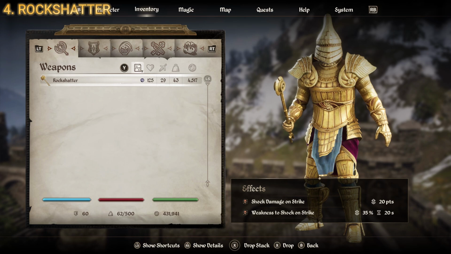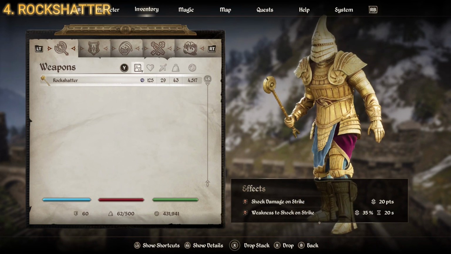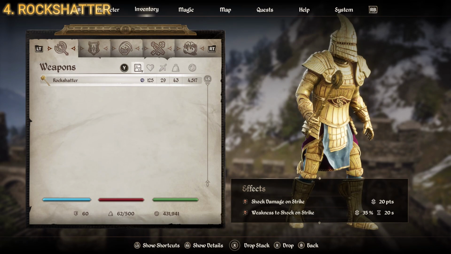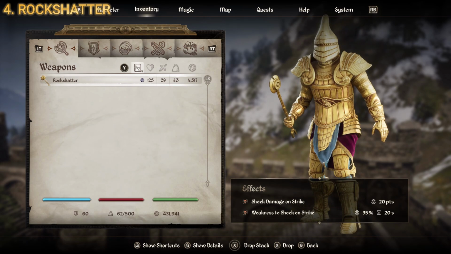So it's got shock damage on strike for 20 points, and then weakness to shock on strike for 35% for 20 seconds. So obviously both of those effects stack with each other. So instead of doing 29 points, you're effectively doing 49 points, but the more you hit, the more weakness the person has against shock, so the more effective that shock becomes. So the Rockshatter is a very, very effective weapon, even into the extremely late game. So very exciting there. And like I said, very rare that we get a dwarven weapon that's, you know, effective